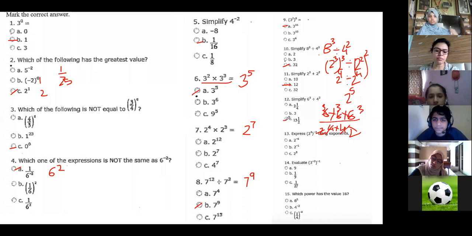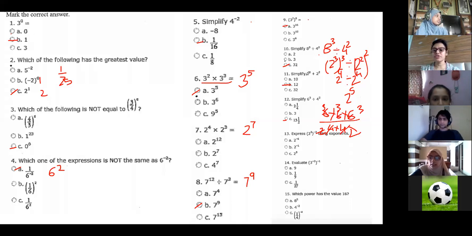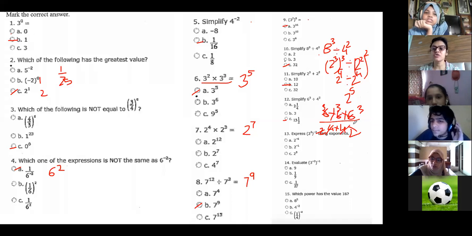27 upon 2 in the mixed fraction can be written as 13 1 by 2. You know how to convert it into a mixed fraction now? If you don't know, you can ask. Everyone knows? Yes. So you just divide 27 by 2 and you get a quotient. You write the quotient over here, the remainder over here. So 13. And for division, we can change to multiplication and then write the answer in division. You can write like this also. These laws we are doing for bigger questions, and for simplification, we have done the laws.